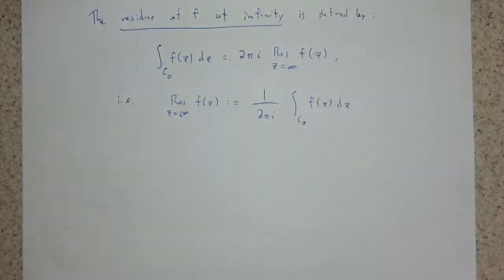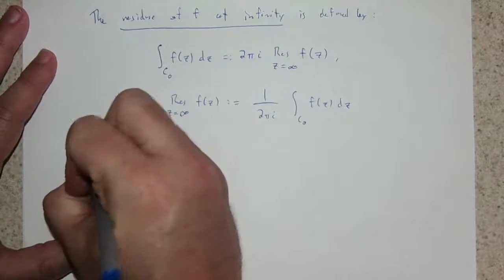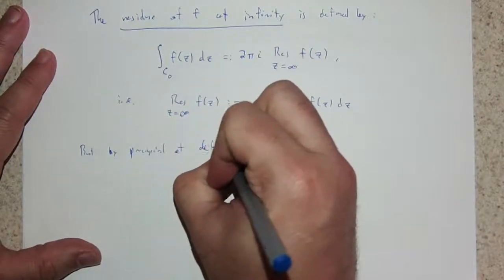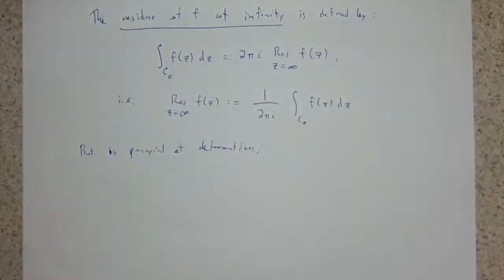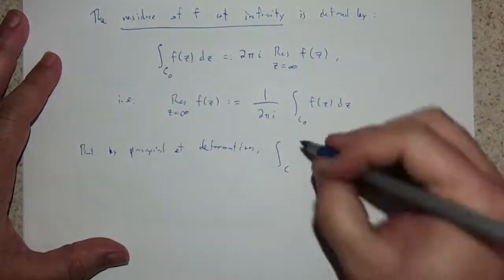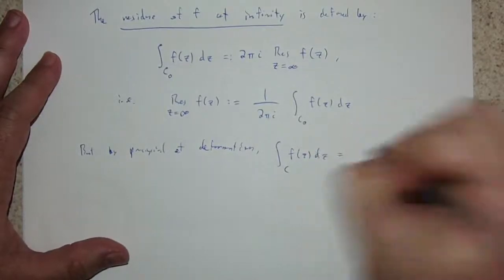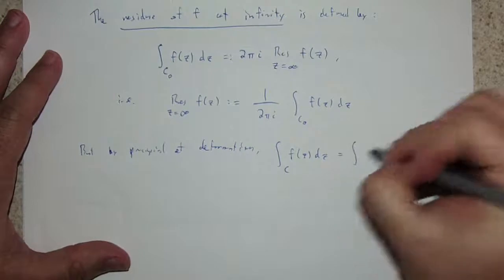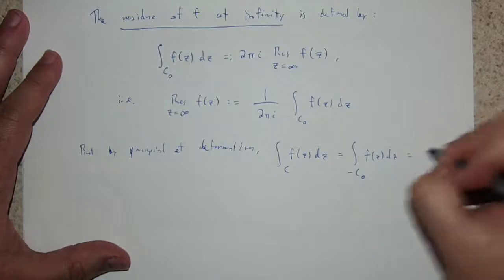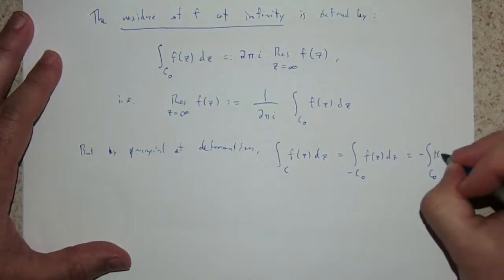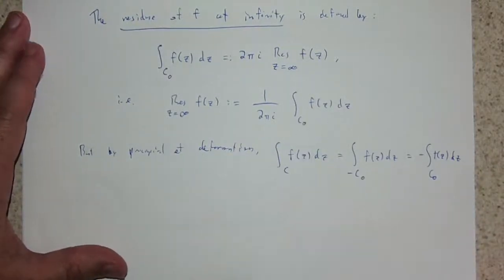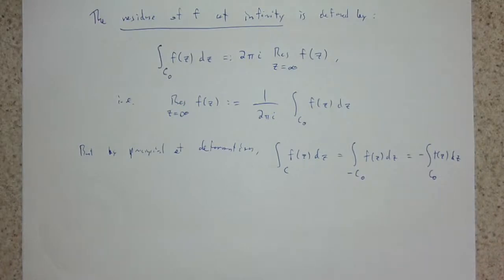Right? And so what this means is that, by the principle of deformation, what I get here is that the integral over the original curve C of f(z) dz is equal to the integral over minus C0 of f(z) dz, which is of course minus the integral over C0 of f(z) dz. And so we actually have a definition of the residue in terms of not this different contour integral over another contour, but actually over that curve C that we started out with,